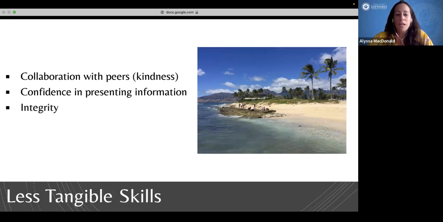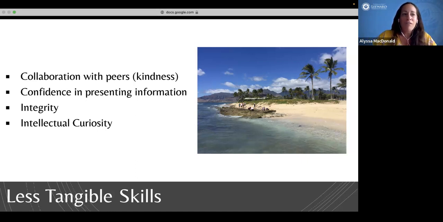Integrity, also making sure that they're citing those sources properly. We talk a lot about plagiarism and how to not steal these amazing resources from the internet, but actually cite them and use them properly. And then curiosity, I think, was the biggest one for me. They were really interested in these species, and they would get really attached to them and really personal. So I always joke, yeah, you might have probably 180 views on your new page that you just created, but let's be honest, 80 of those are yours. So we know you've gone in there and looked at your cute little animals and talked about them and showed your friends and family. So it's good. Keep it up, educate everyone, share it widely so you can get those views even higher by the end of the semester. So it's just a whole mix of everything.